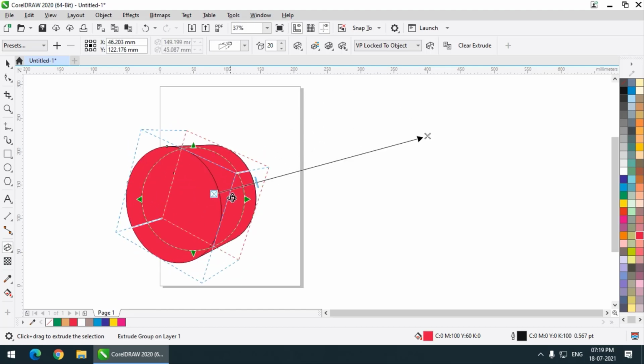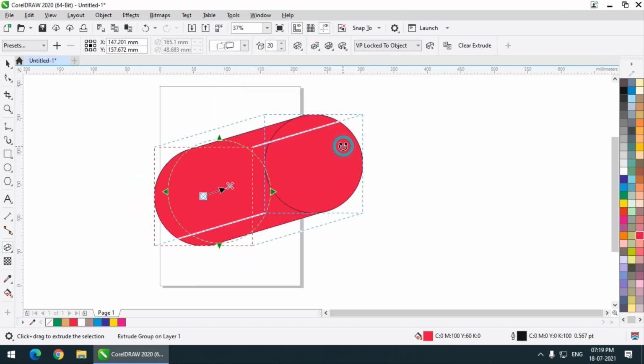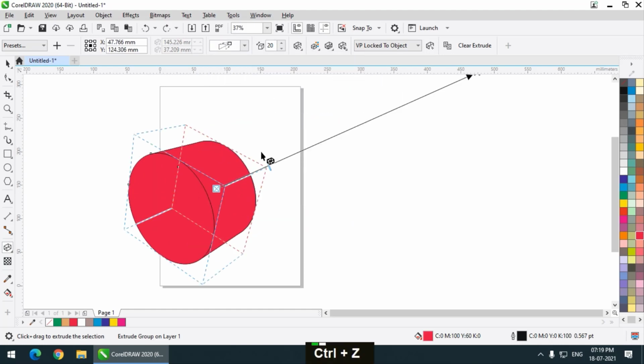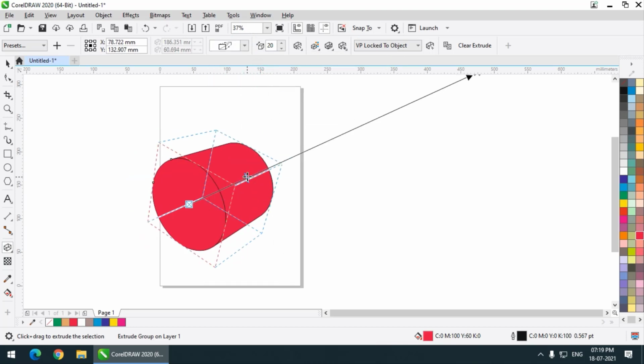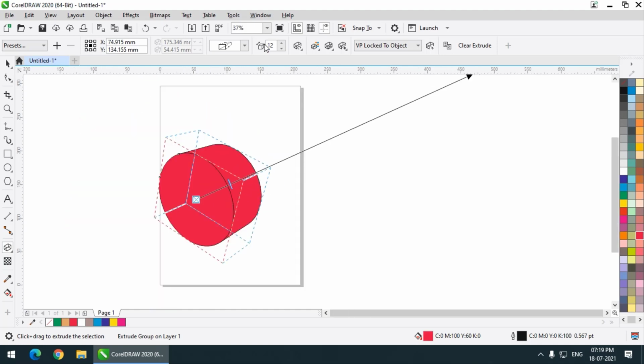So this is the symbol of two dimensions, and this is the symbol of three dimensions. Now we have these options. I'll keep it to the earlier one, or let's say this one. This looks good. If you want to apply some more options, we have the depth size.